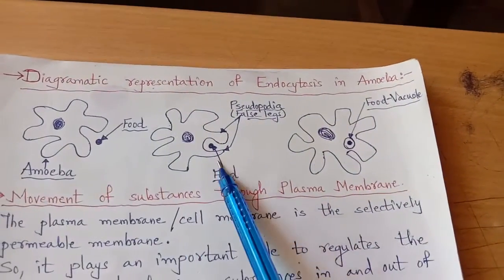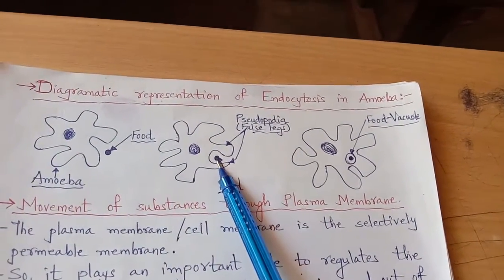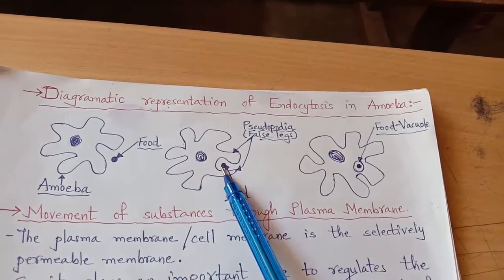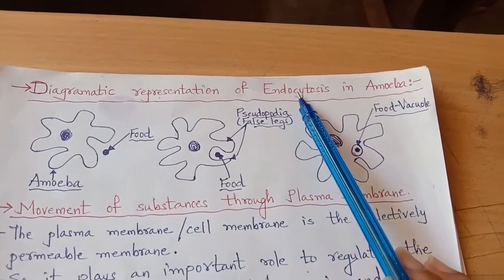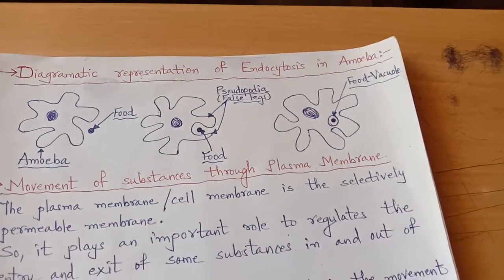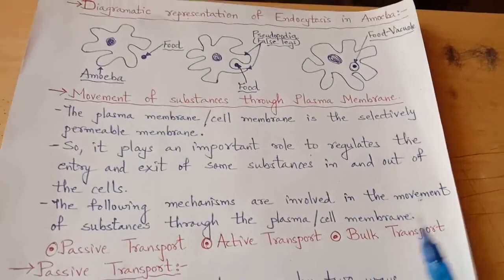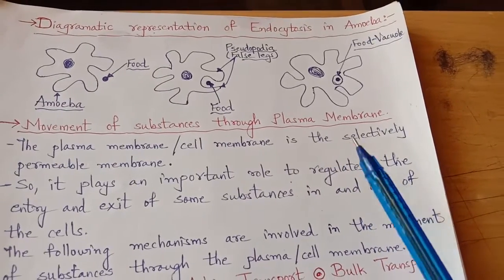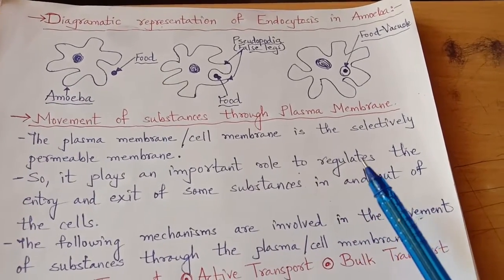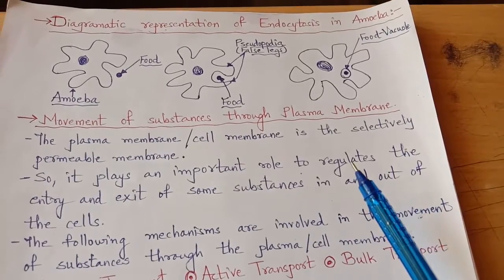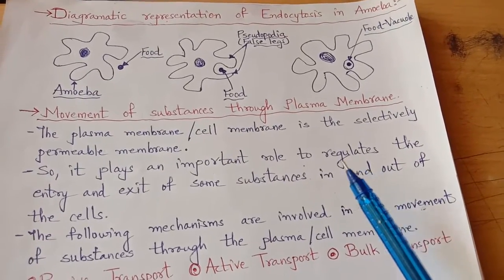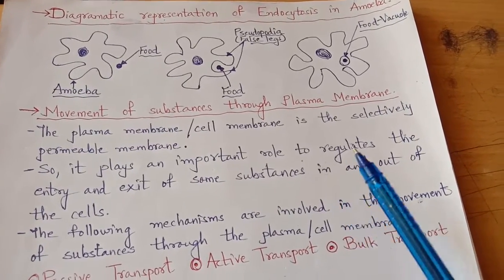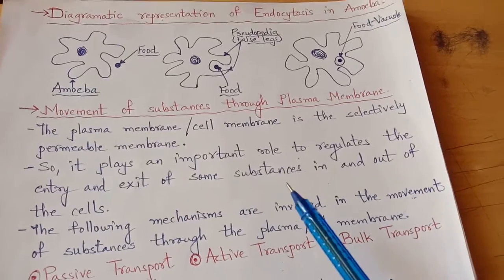And in this process of engulfing, see, the food is not broken into parts. It is completely taken, the whole food inside the body, and that is the process called endocytosis. Now, as I have explained, the plasma membrane or cell membrane is selectively permeable because it has very tiny pores on its surface which allow the entry and exit of some small molecules of water, gases, or some ions. How does this take place?